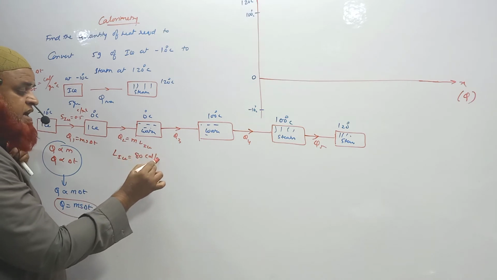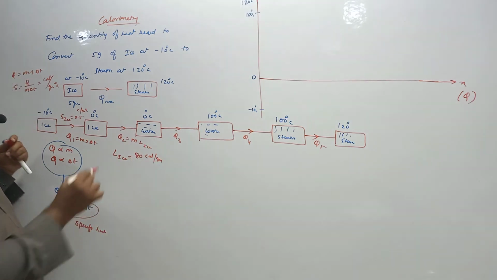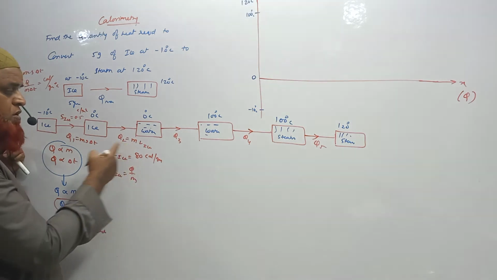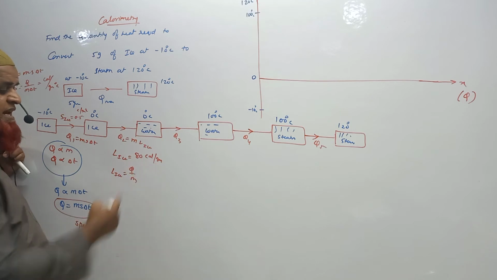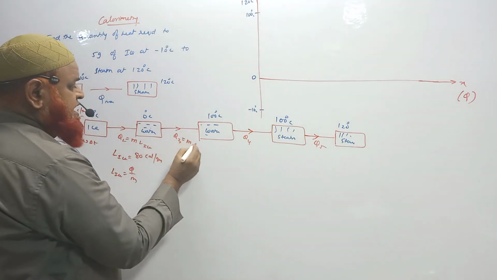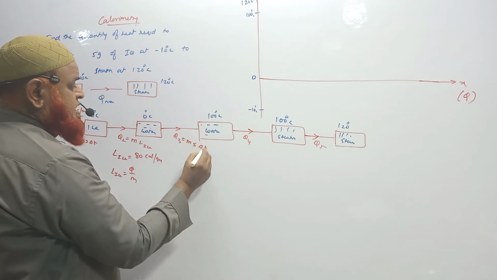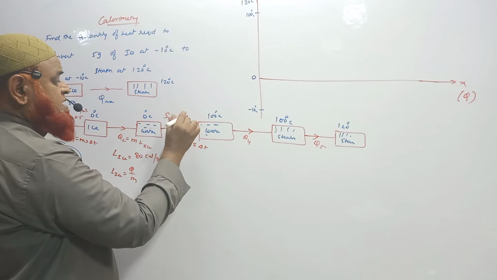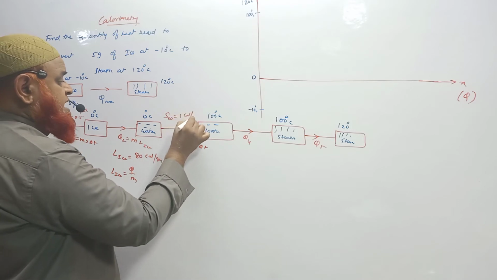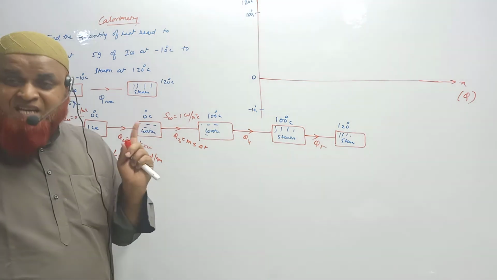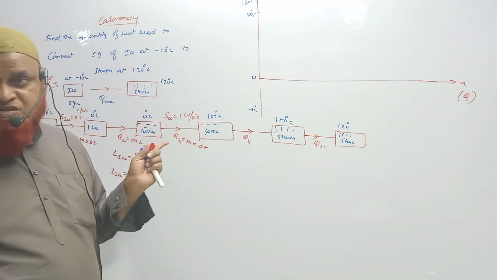80 calories per gram, because you know latent heat of ice is equal to Q by M, no? Q means calories, M means grams here, okay? But in this case, Q3 means again m s into delta T, and I told you the specific heat of water is 1 calorie per gram degree Celsius, okay? Specific heat of water is 1 calorie per gram degree Celsius.